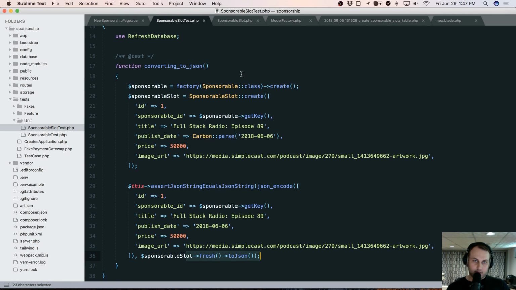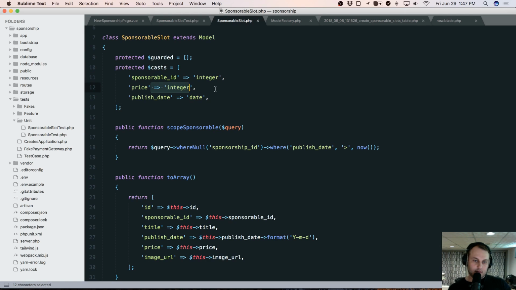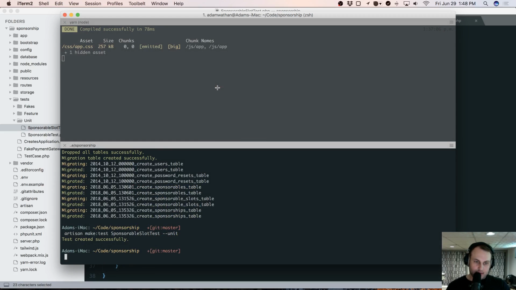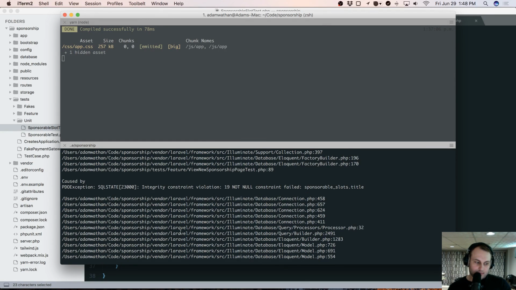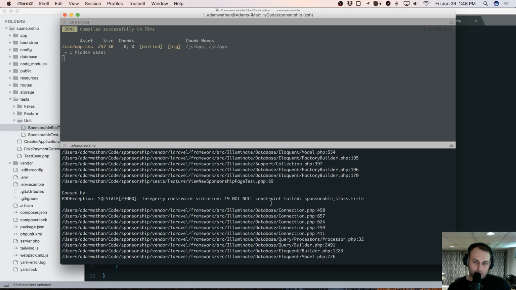I don't think I meant to float. The price is in cents, so we definitely don't want it to. We really do want it to be an integer for the sake of math being accurate. Okay, so if we run the whole test suite, though, we got a bunch of errors because a bunch of